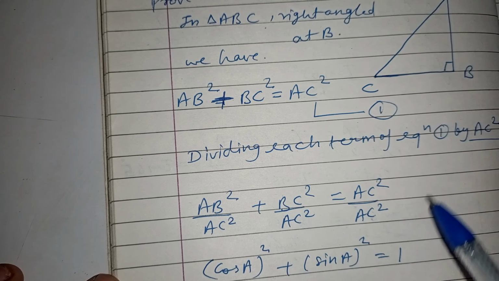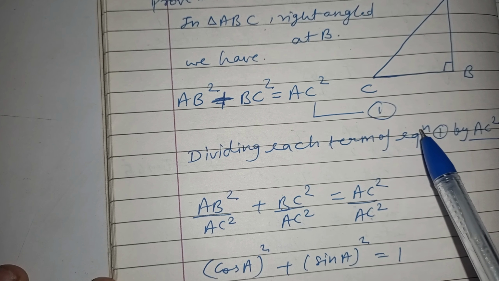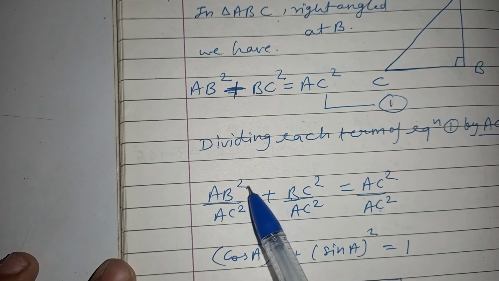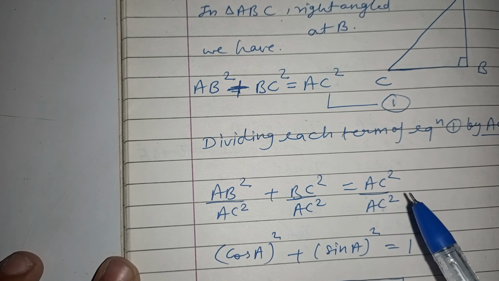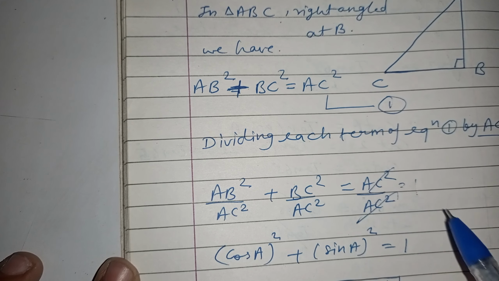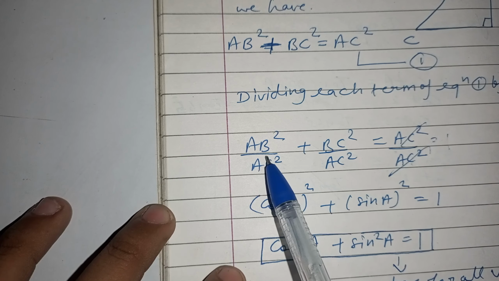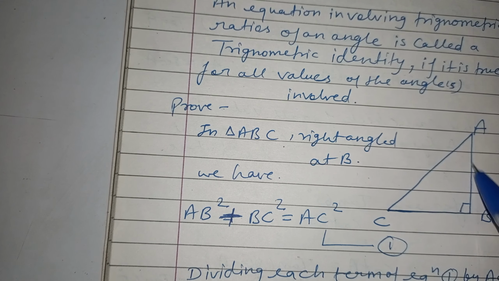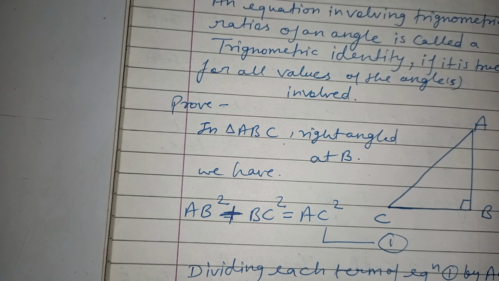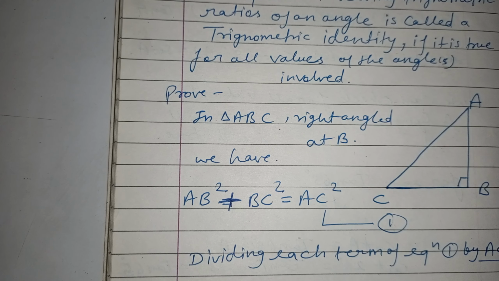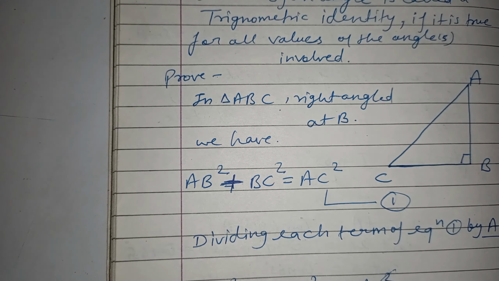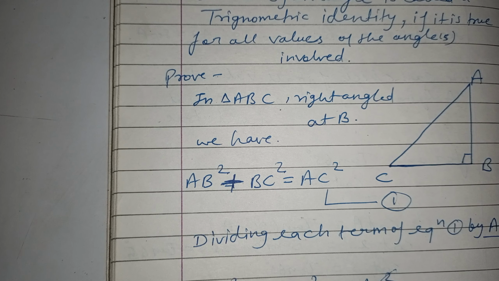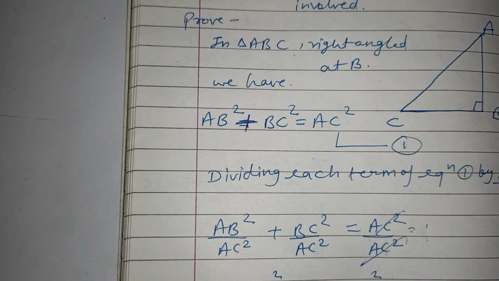Now we are going to divide this first equation by AC square. AB square upon AC square plus BC square upon AC square is equal to AC square upon AC square, which cancels to 1. We can say AB upon AC will be cos A, and BC upon AC will be sin A. And if we take the square of this, it will become cos A square plus sin A square